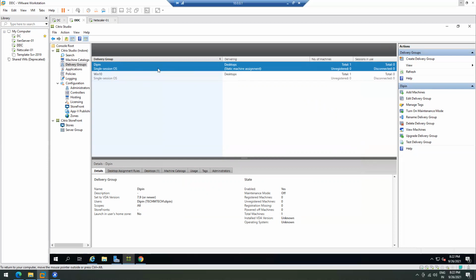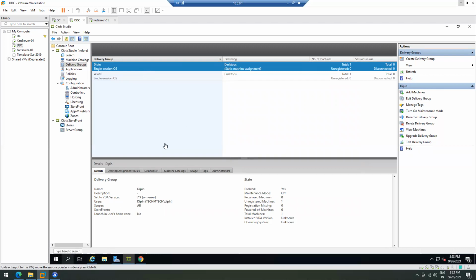We can add multiple users for this particular delivery group. If there is an HR group, I can push all this HR group here, correct? Correct. HR group, IT group, finance group, whatever it is, you can name that group accordingly. But for example purpose, I named it as Dipin. So in that case, all are going to use the same OS, correct? Correct.